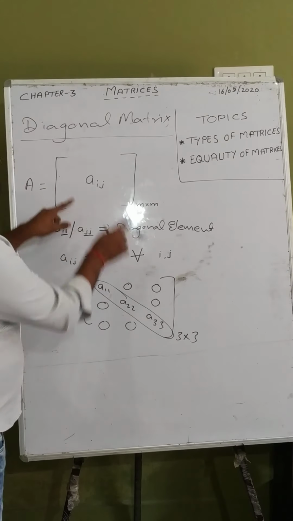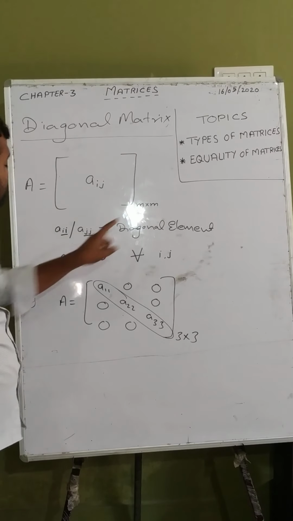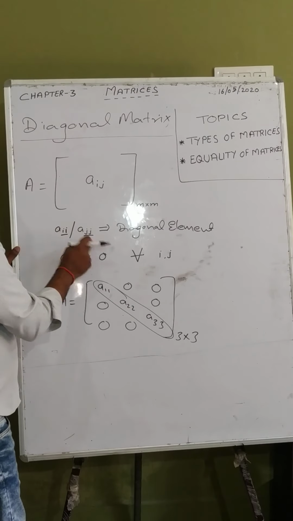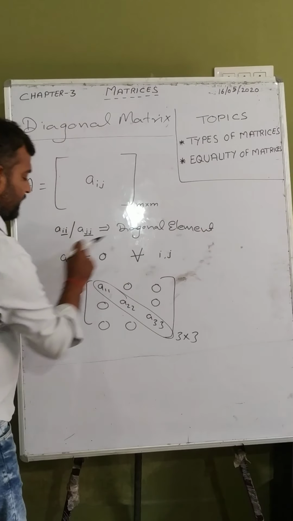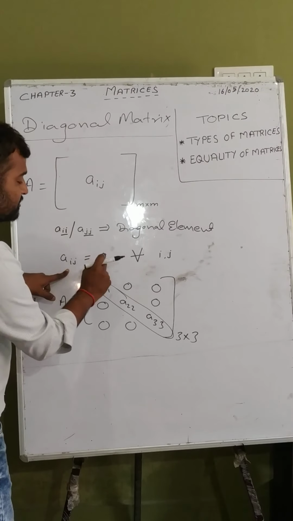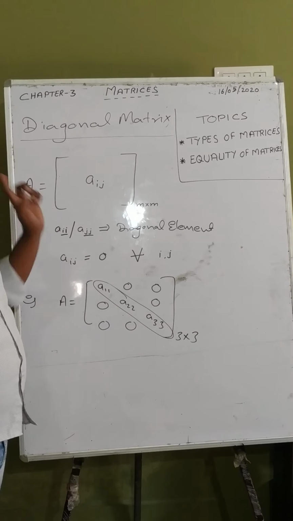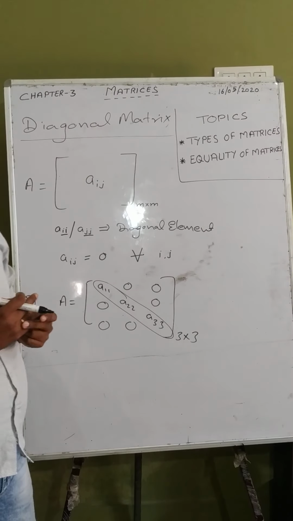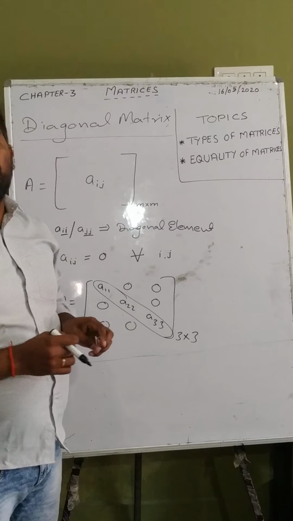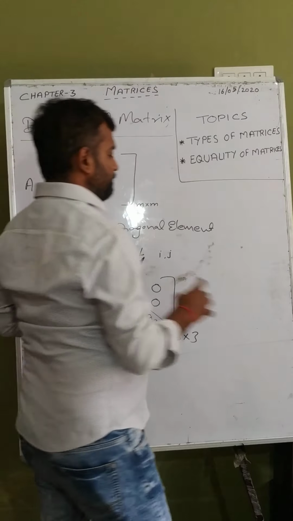This whole matrix in general form, how we have written here: A equals Aij, M by M, is a square matrix. 3 by 3 is a matrix, where what is the diagonal? 1, 1, 2, 2, 3, 3. It can be represented by II or JJ. This is the diagonal element, and except the diagonal elements, those elements for which I and J are not equal must be 0 for all I and J. Getting the point? This is the meaning of the diagonal matrix. Again, I am repeating the definition: a square matrix in which all the elements except the diagonal elements are 0 is said to be a diagonal matrix. Clear? Okay.